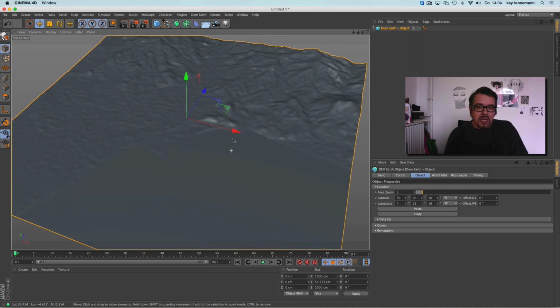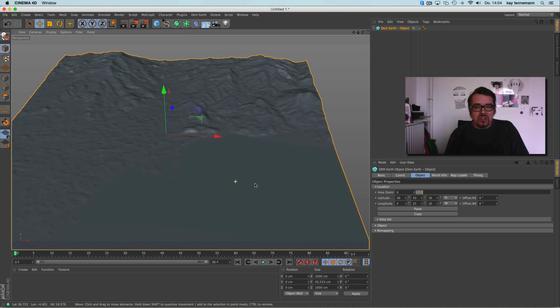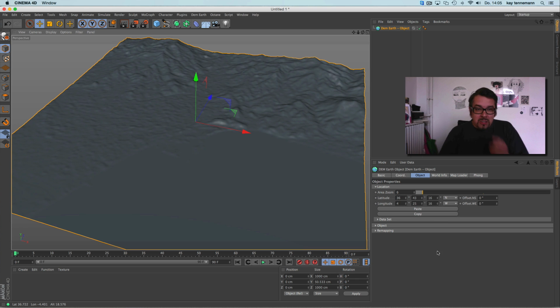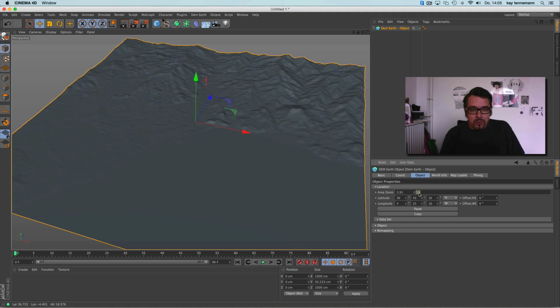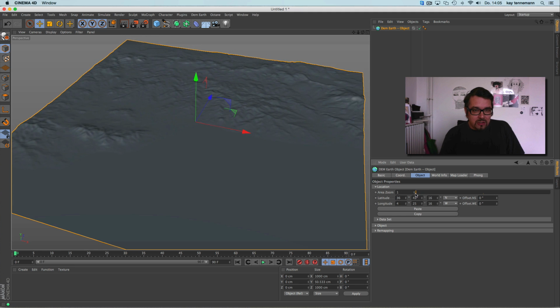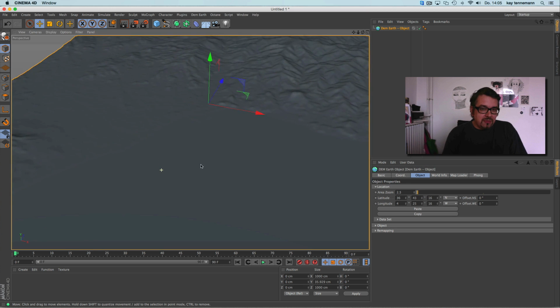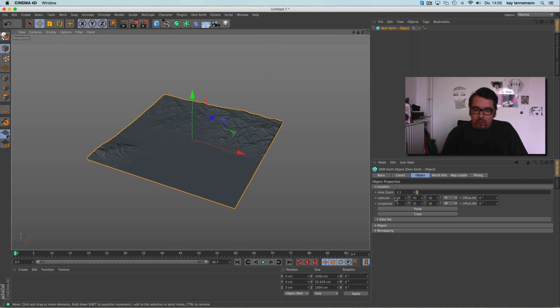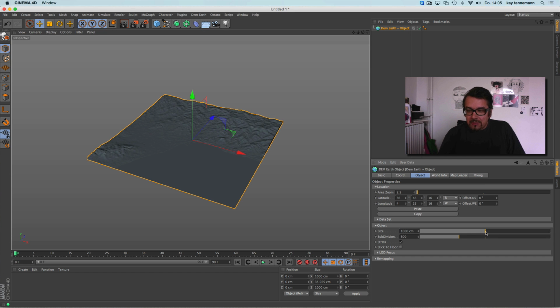Okay, but I'd like to show you the features DEM Earth has to make it much cooler. For example, the first thing is you can zoom the area, like this, and you see there is much more data. And if you need more terrain, you can of course make it bigger.